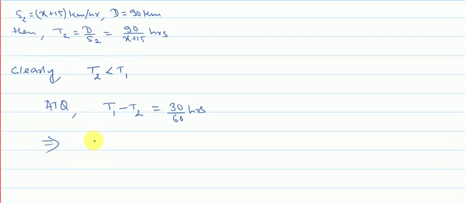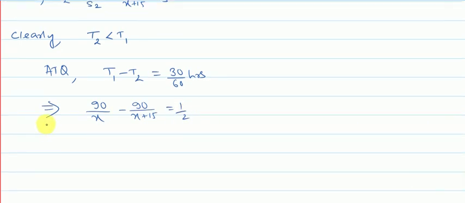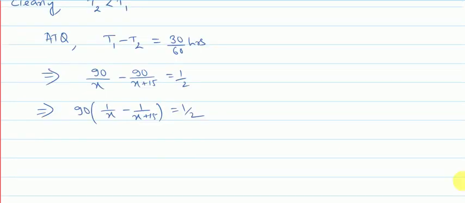For t1 we have 90 upon x, and for this we have 90 upon x plus 15, and this becomes half. Now 90 will come out as common, so 1 upon x minus 1 upon x plus 15 is equal to half. Now inside the bracket cross multiply, so you get